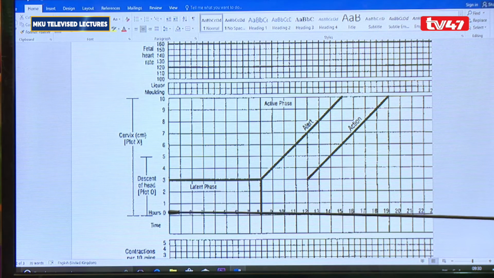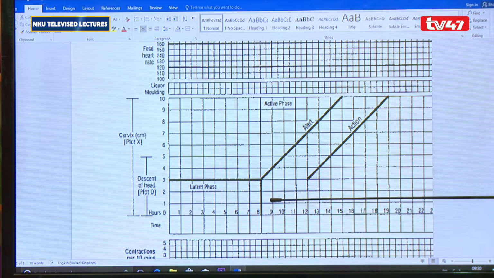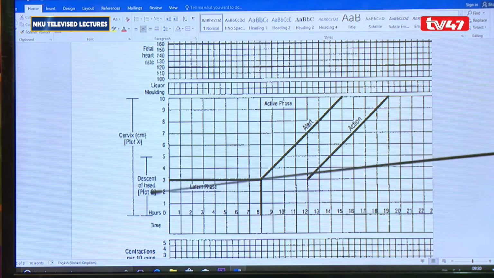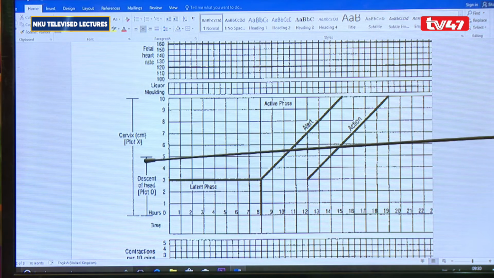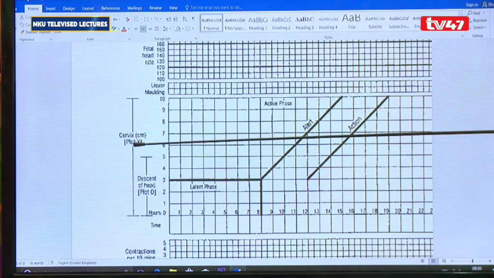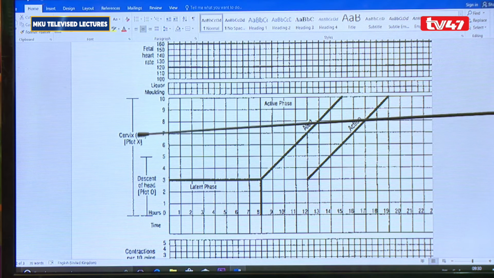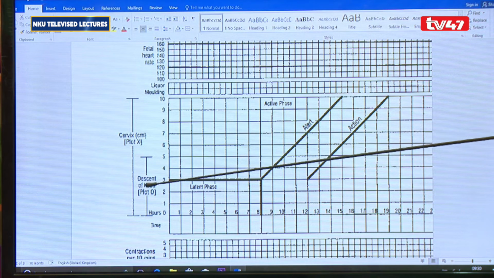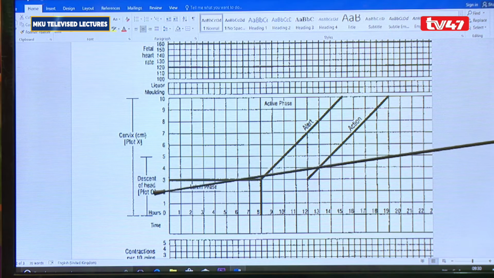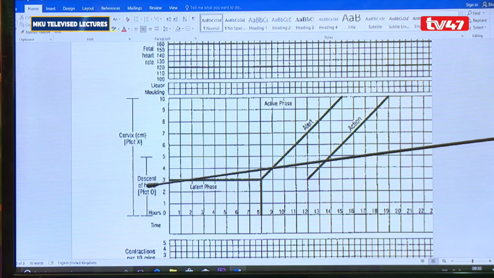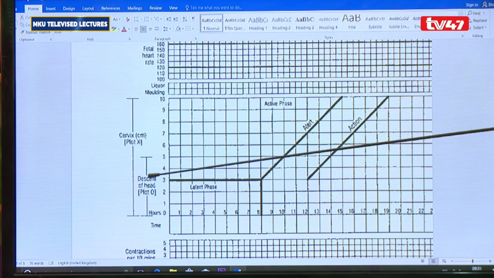Before delivery, the head is never at station 0 because it's not yet delivered. Now, these two are interrelated, the cervical dilatation and the descent, because the more suitable the cervix, the better are the prospects for a descent. And for a descent to take place properly, the head also must be of the same